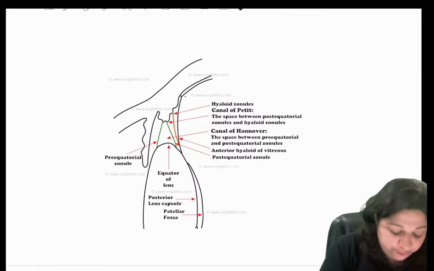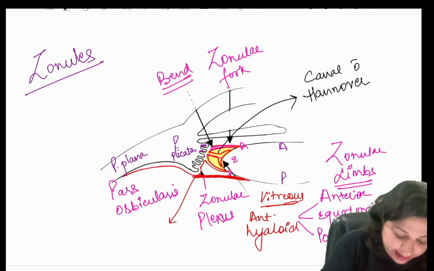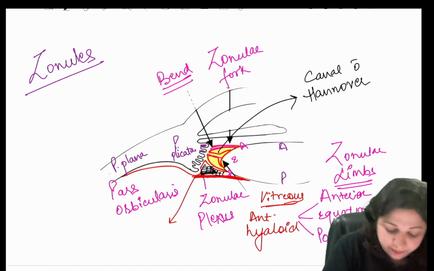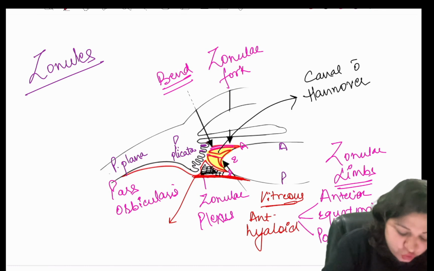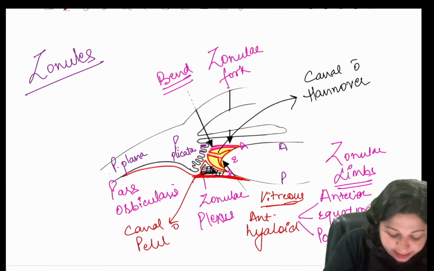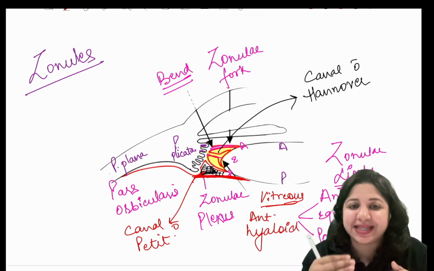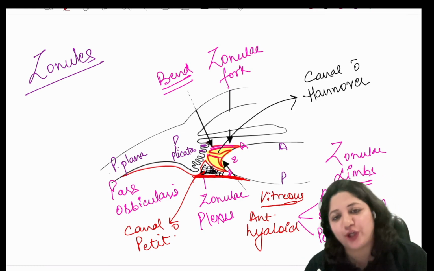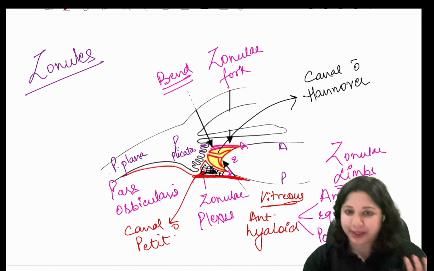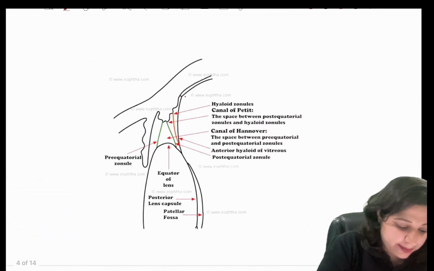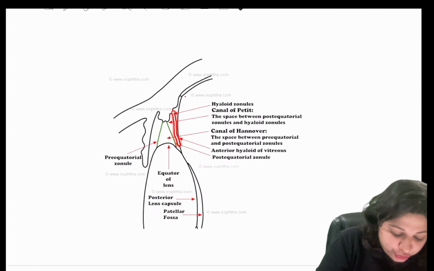So the canal of Petit is, I will label it in black, this part in black, which is labeled, this is canal of Petit. That is the one which is present between the posterior zonular limb and the hyaloid zonule. Is that clear? Is that okay? Right? So, just to label it again, this is the hyaloid zonule and this is the post-equatorial zonule. So this area in between is the canal of